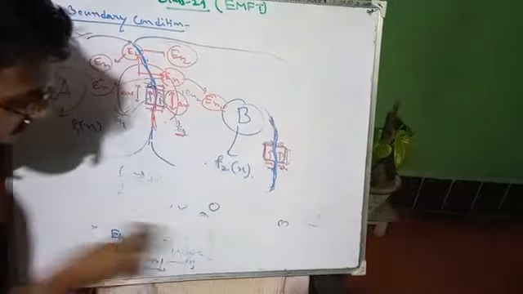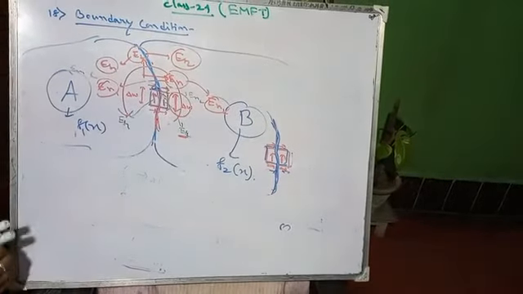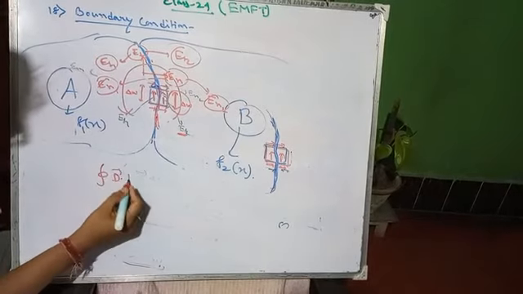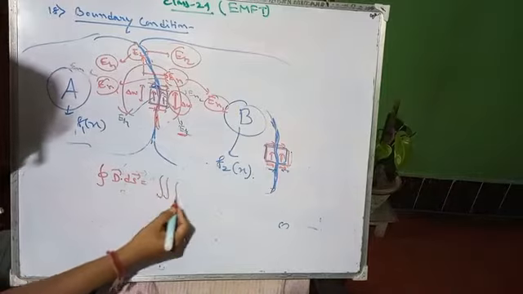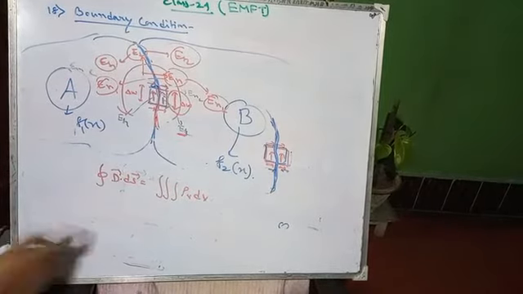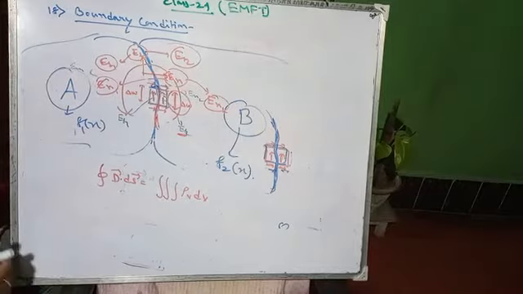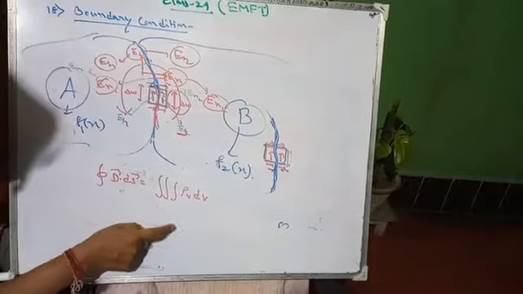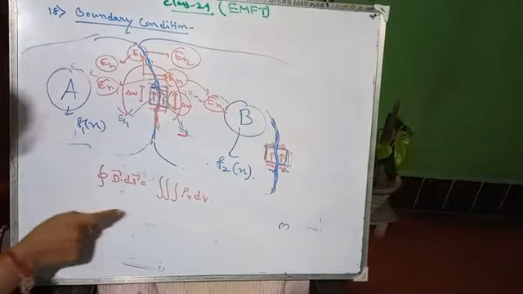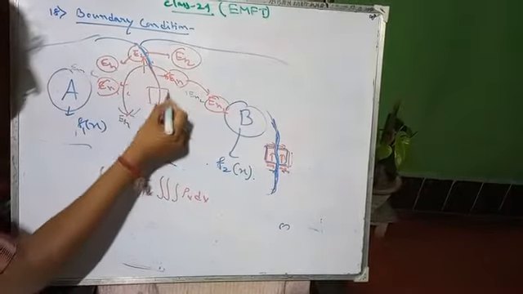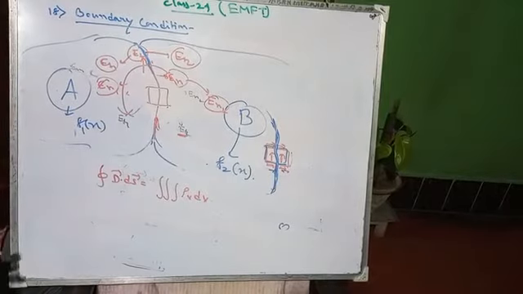For the second condition, write from Gauss's theorem or Gauss's law: closed surface integration D dot dS equals volume integration of rho v dV, right? It is very much clear. Now, in order to evaluate this integral at the boundary, let us construct a small Gaussian surface in the form of a box. So again we have to form a Gaussian surface over the boundary, as shown in the figure.